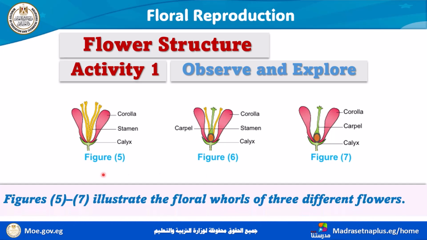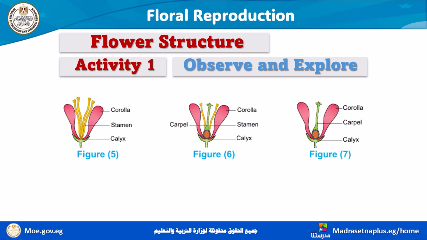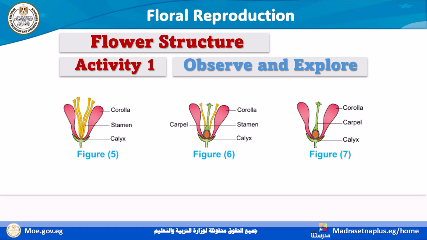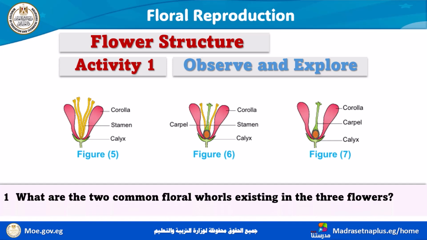From figure 5 to figure 7, all these figures illustrate the flower whorls of 3 different flowers. Now, what are the 2 common floral whorls existing in the 3 flowers? Let's explore the 3 flowers. In figure 5, we have